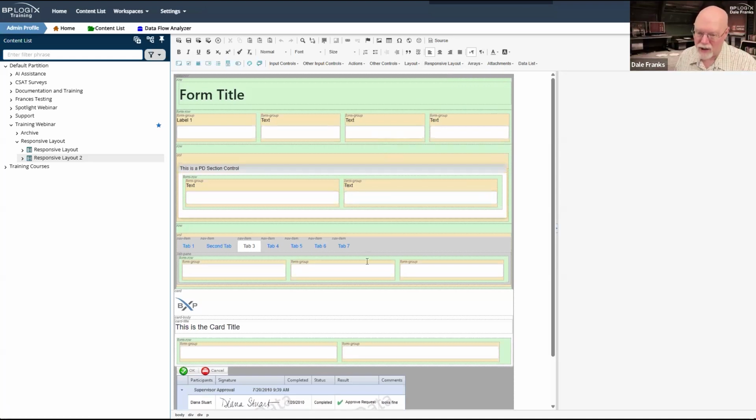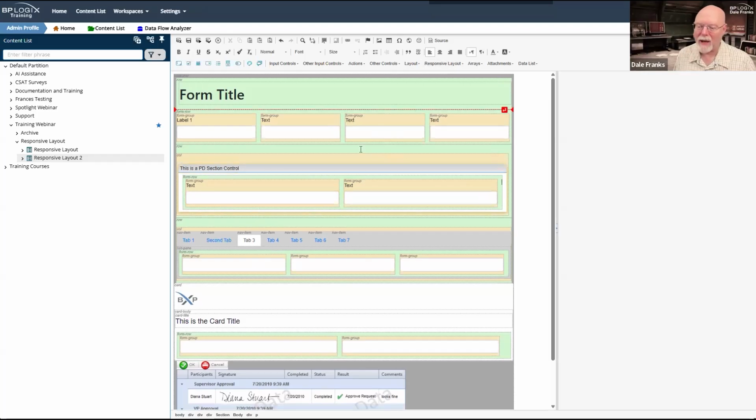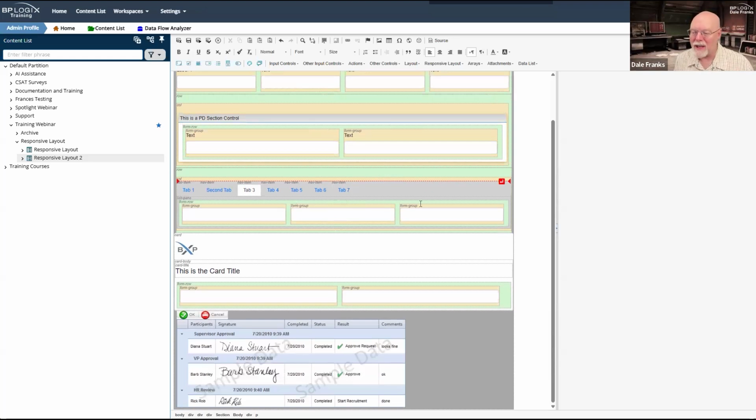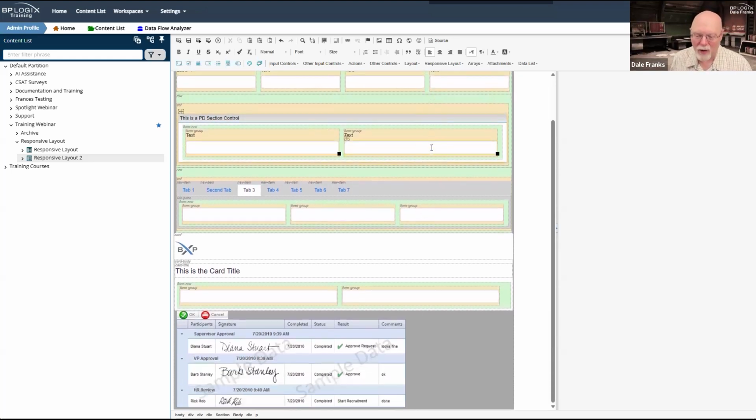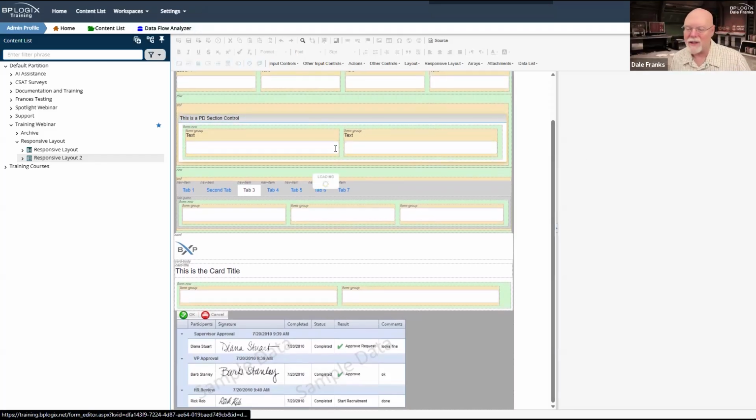It is tedious to use, admittedly. It is a non-BP-Logix framework that we have kind of brought in and made to work, but it's going to take extra effort on your part to design forms and to find things like that extra space right there that I don't want, that I'm going to have to backspace out of to get everything to work. And of course, once everything is all jammed together, everything will be fine and your form will look great and it'll automatically be responsive and do all of the responsive things that you want it to do.